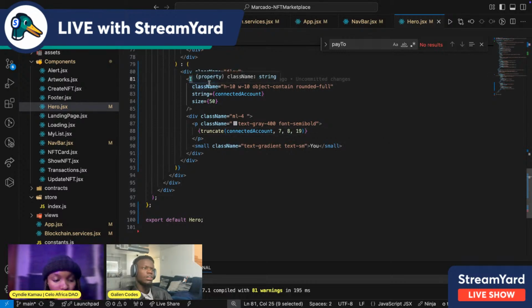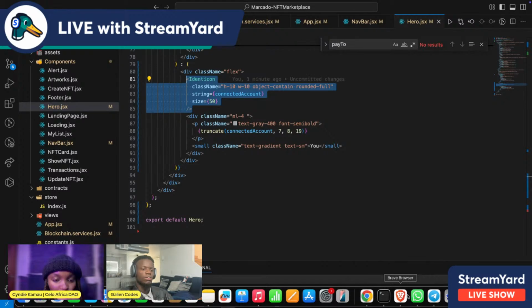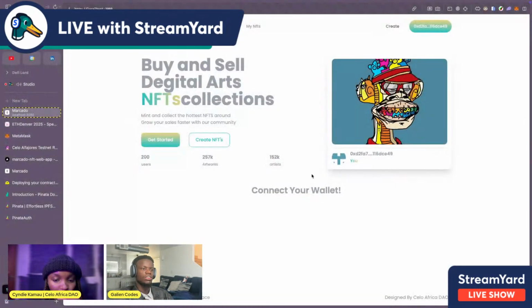This is just an icon that we put on that's been a trend on most marketplaces. When a user does not put any profile, they usually use their wallet addresses to generate a different icon theme for them. So right now, if we head back to our tab, what we're going to see is the wallet address is now showing right here. The same wallet address is here. Nothing fancy. This was just for some design look, but the most important was connecting the wallet